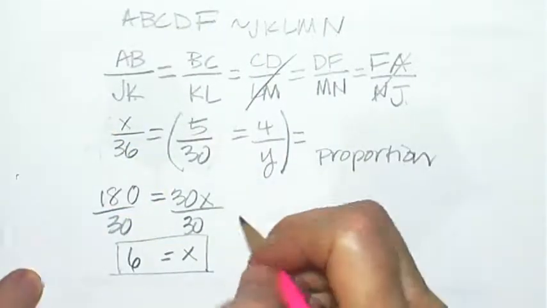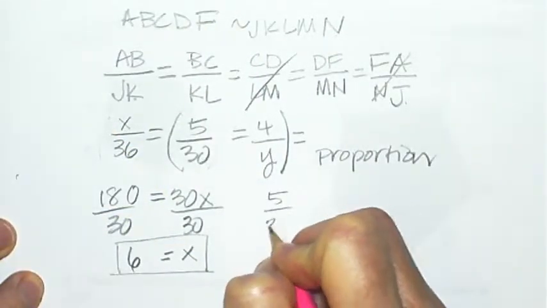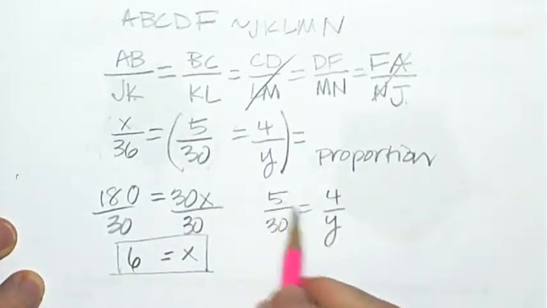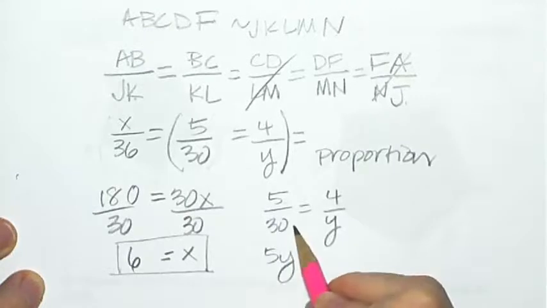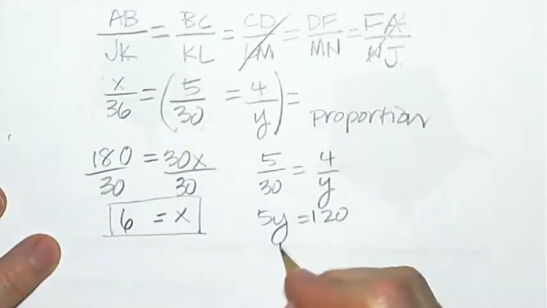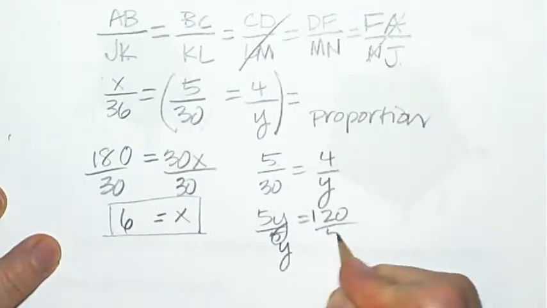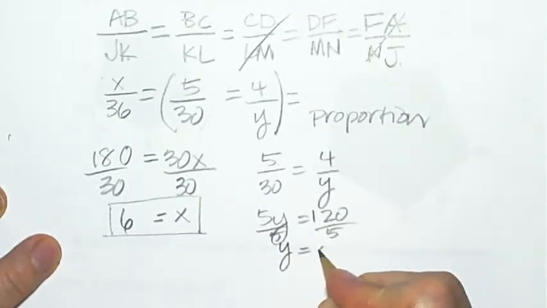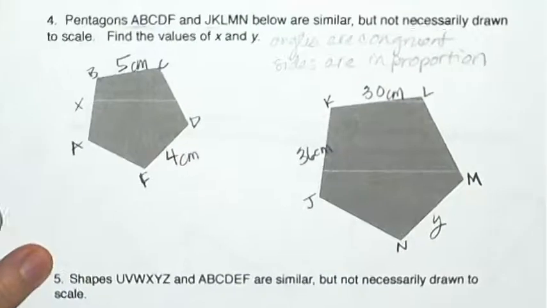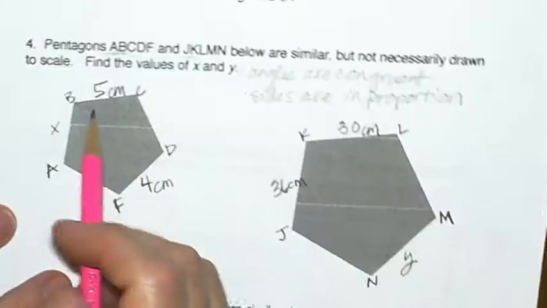And I'm going to say 5 over 30 equals 4 over Y. 5 times Y, 30 times 4. Divide both sides by 5. So Y equals 24. Now, some of you are going to look at this and say, okay, if I know